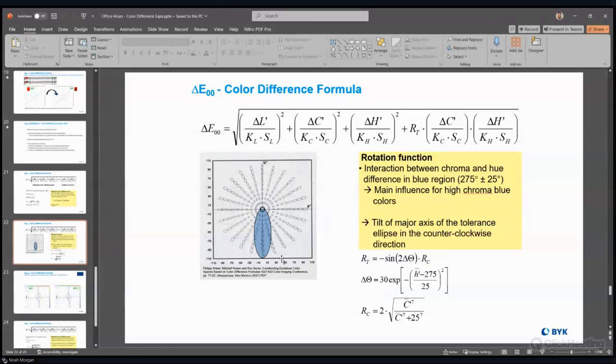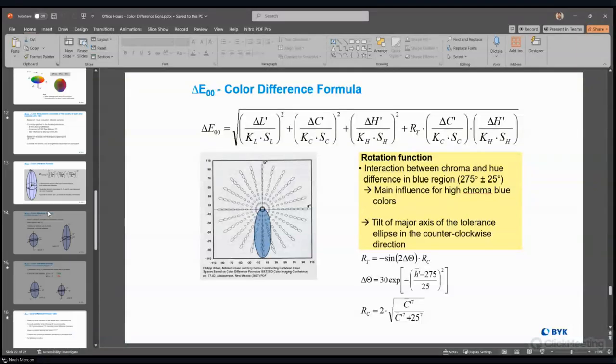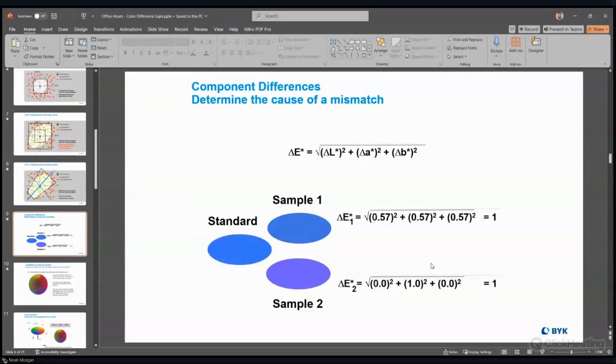Whereas when you look at the other equations like delta E, pull that up here, very simple equation. It doesn't weight anything. And this is where you can have a shortcoming where all your difference, in this case, you have difference in your L, A, and B. This is equally different. And so when we look at the standard versus the sample, it's fairly close. It's under 1, or it is 1 exactly.